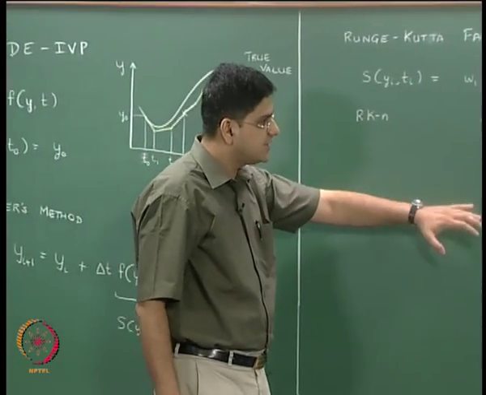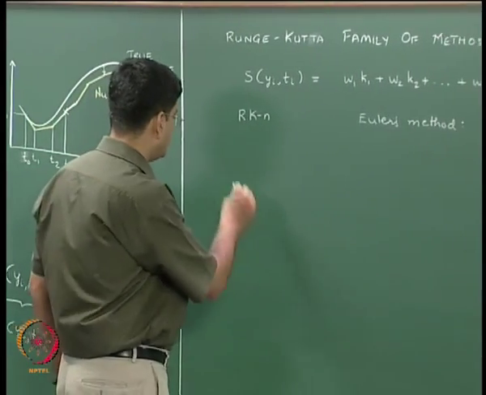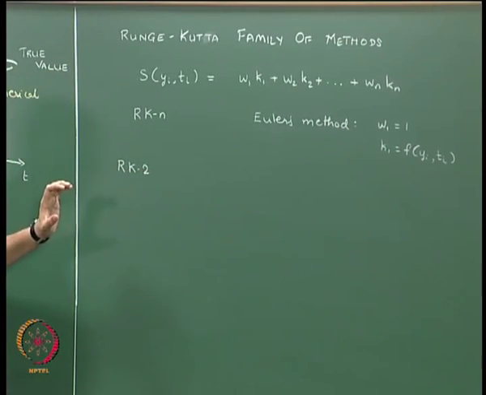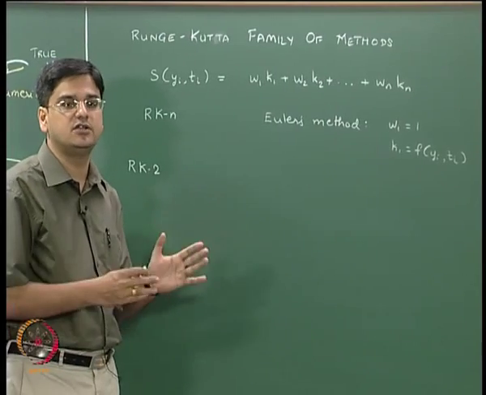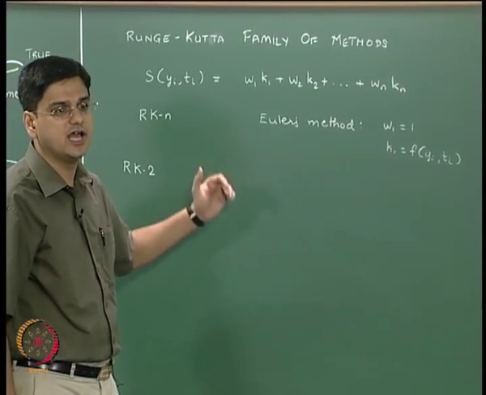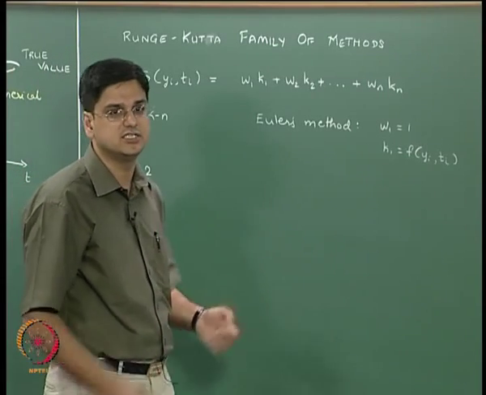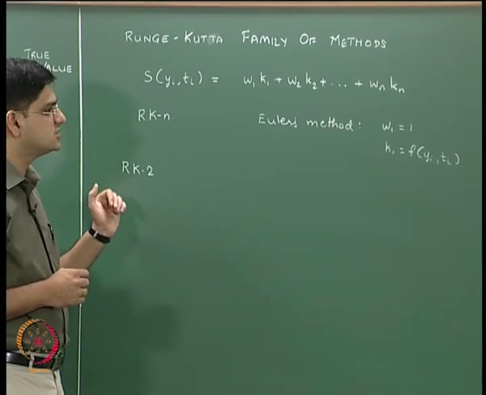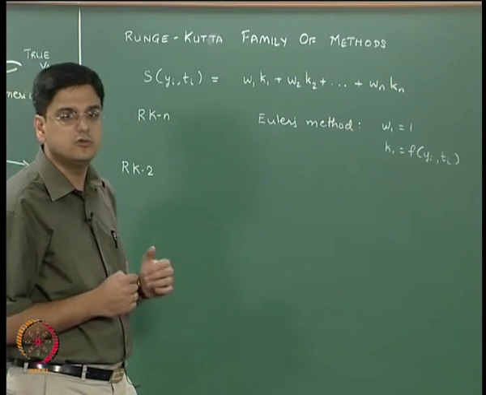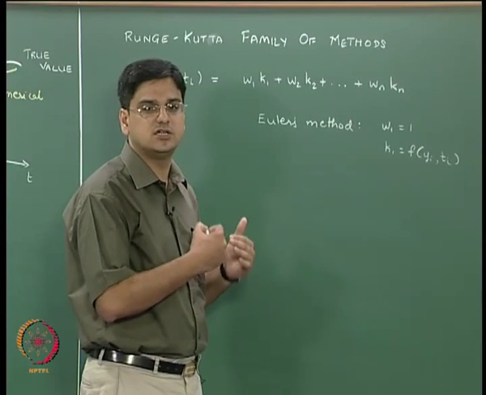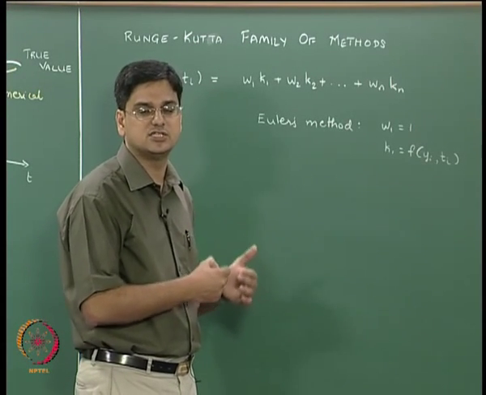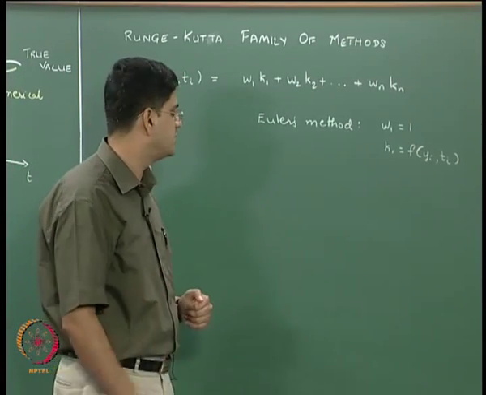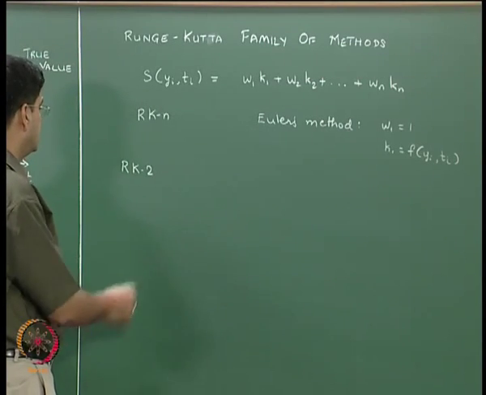Okay. Next, I am going to talk about second order RK methods. That means we will talk about RK2 methods. We will look at the geometric interpretation and then we will derive the expression for the RK2 method using the Taylor series expansion. The reason why I am going to consider the RK2 method is that it is going to be relatively easier to explain and to understand. I am not going to consider RK3, RK4 methods and higher order RK methods, but only give you the final results towards the end of this particular lecture. That is how we are going to progress in this lecture.